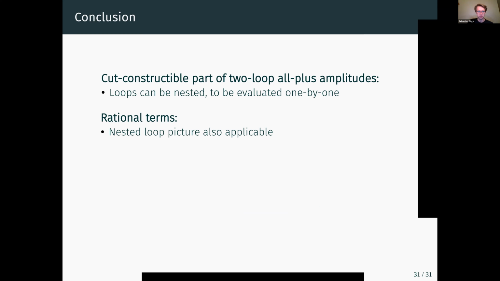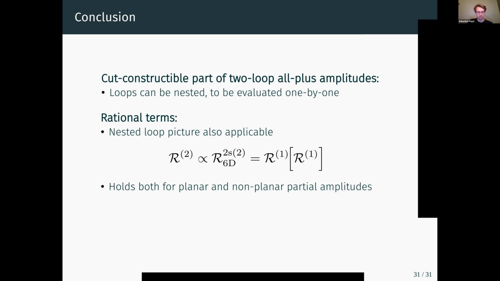Particularly, there exists a connection to the rational terms of the two-scalar amplitudes, which can be evaluated one by one. We were able to show that this does not only hold for planar partial amplitudes, but also for non-planar partial amplitudes,